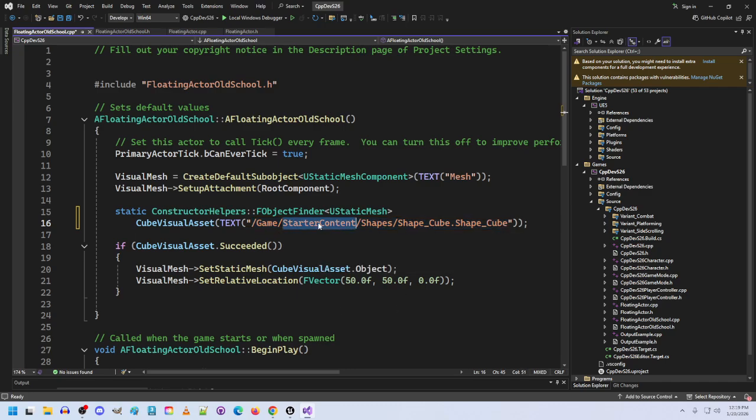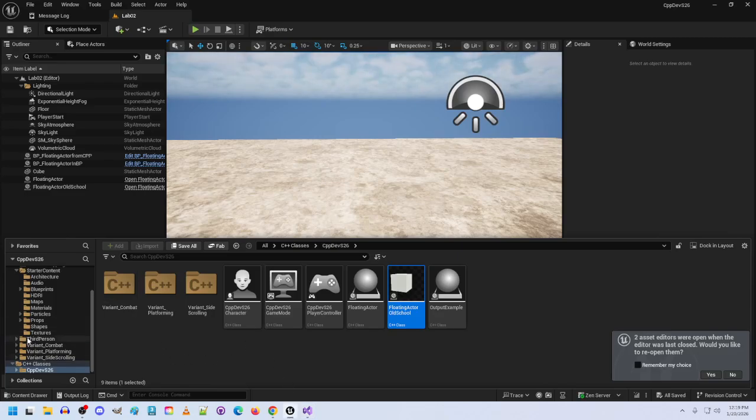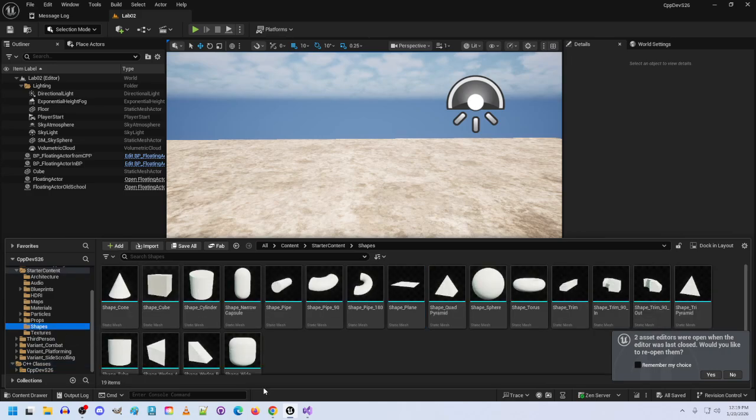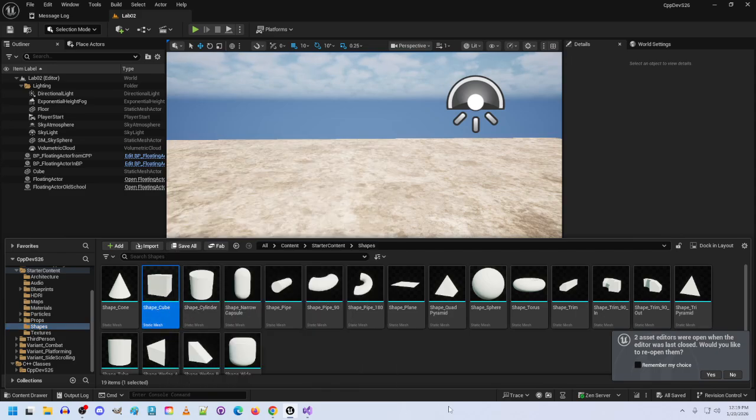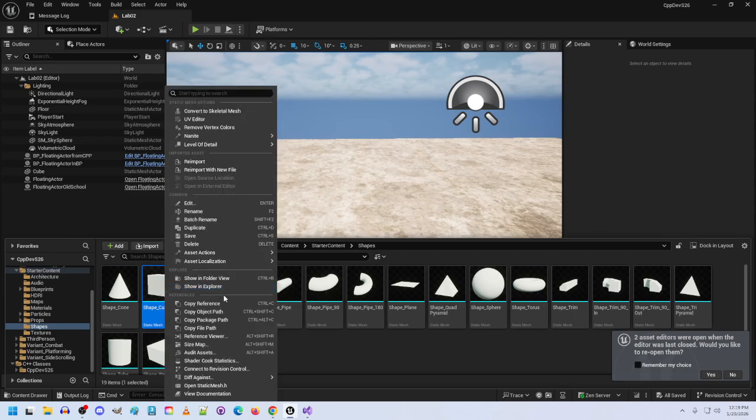Again, this is why the starter content is important, because we're actually using it. All right. So what they're actually doing, let's go jump into Unreal for one moment. Let's go find that. Here is shapes, shape cube. And let me just grab,